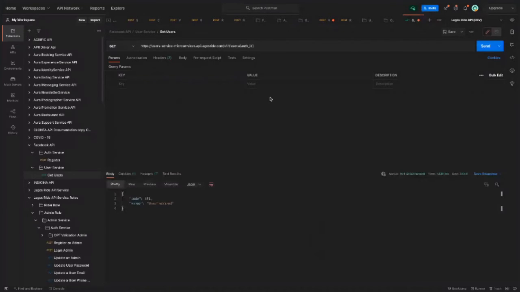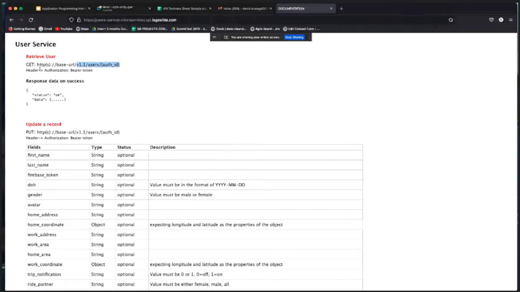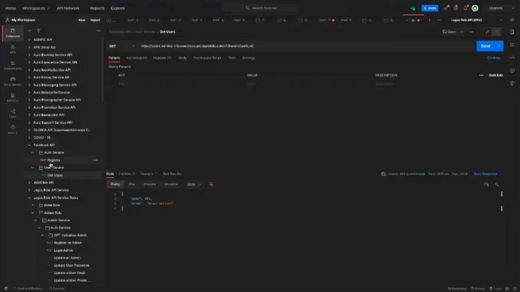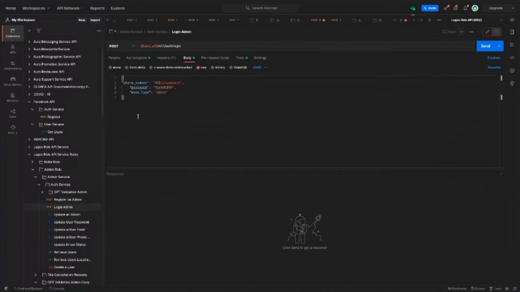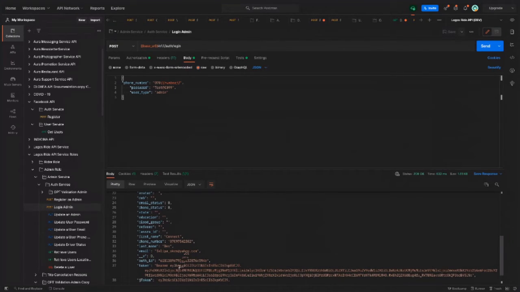For this kind of endpoint, it tells me authorization, that I need to get authorization. So I need a token authorization to set in here. Let me log in. Let me perform a login request, which is what you can see here. I'll click on this to log in. Once I log in, I will copy out this token.